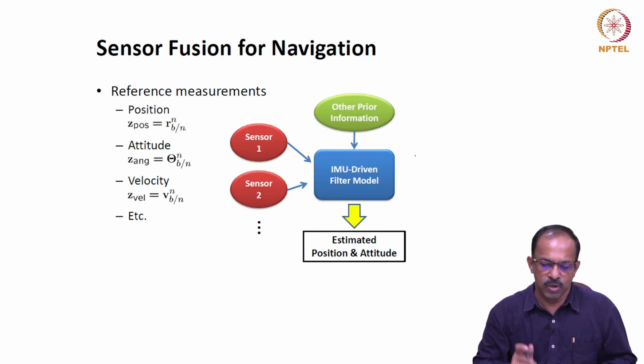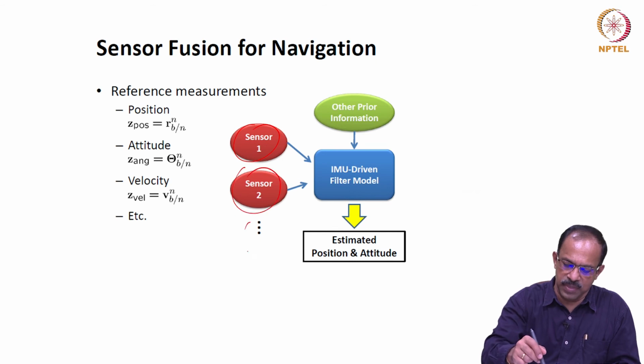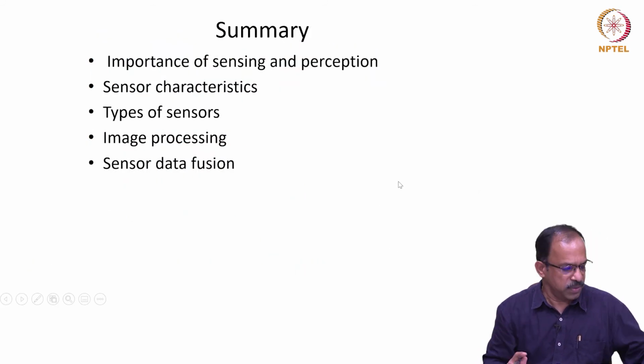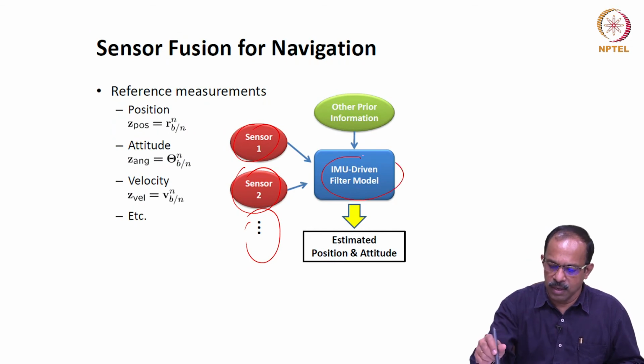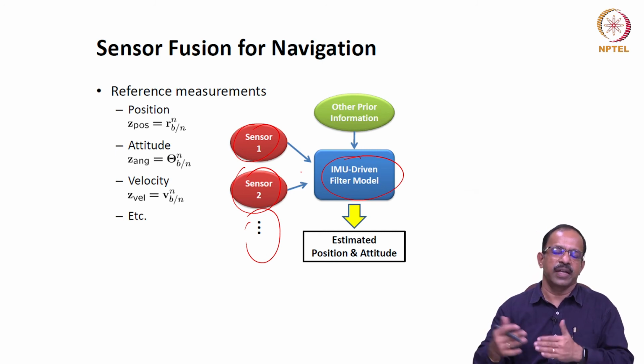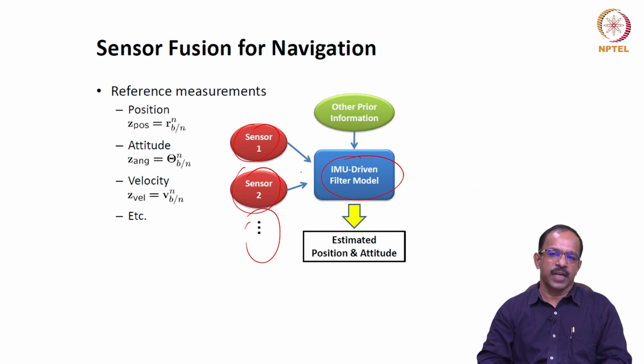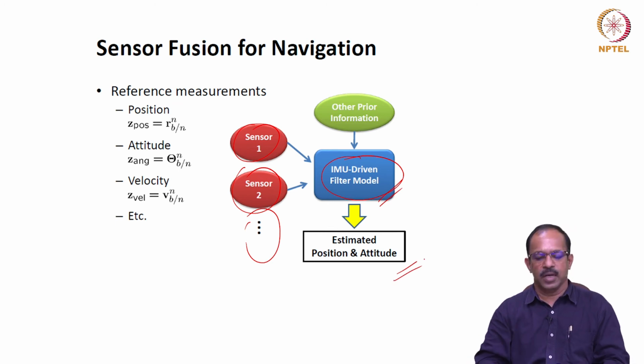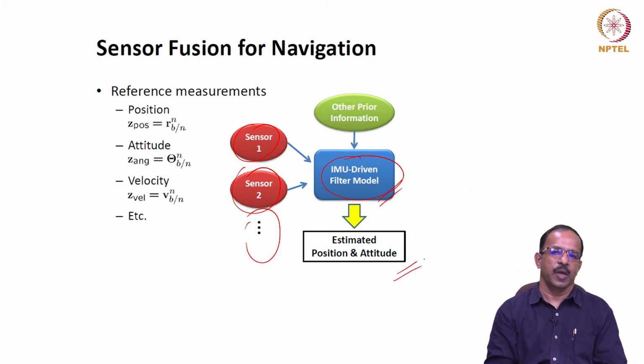So how is it done? So you take the sensor data, sensor 1, sensor 2, etc., and then there will be some kind of filter algorithms. So we use some filter algorithms to fuse this data and then reduce the error. So as the robot moves, that error keeps increasing. So to avoid that, we use multiple sensors and then fuse this information using some filters, and we'll estimate the position of the robot. That is the way how we keep on doing the estimation of the position and the attitude of a mobile robot using sensor fusion.